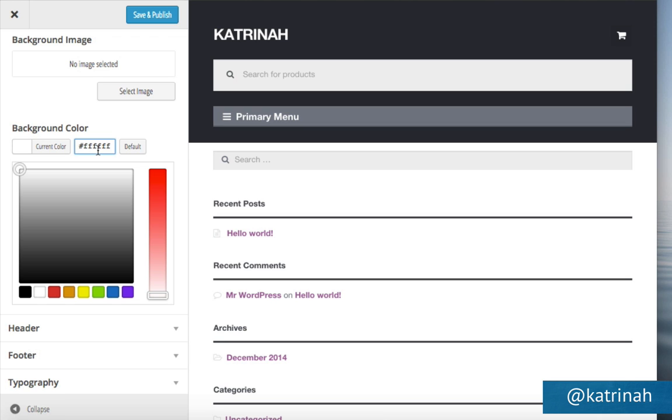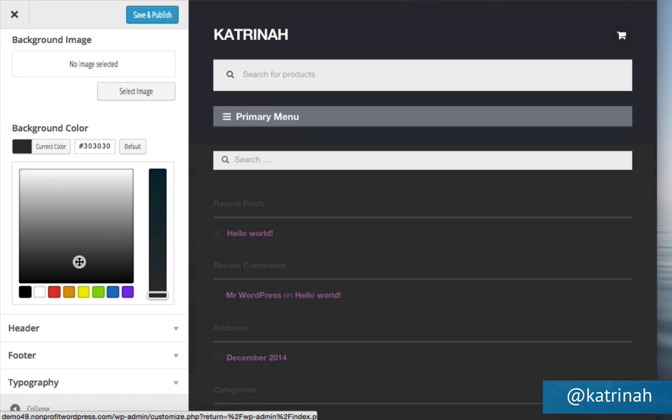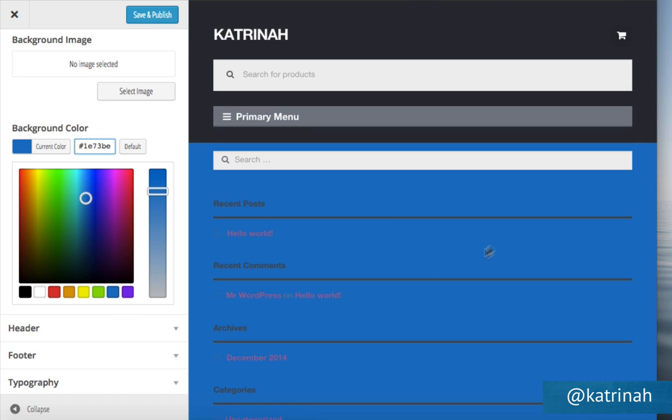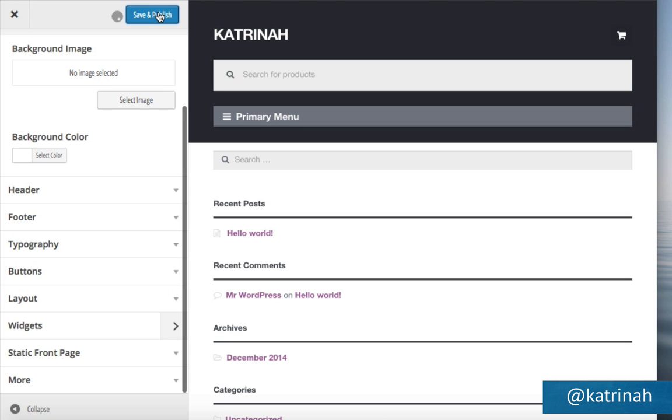If you'd like to add a different color for the background, you can just slide this little cursor around right here, and you can see as I do so in real time the background is changing. Once again, just keep in mind that you want to make sure that the words are easy to read, and for most websites that means pretty much a white background or something close to a white background. Okay, so I have my background set. Once again, I'm going to click on Save and Publish to save that change.